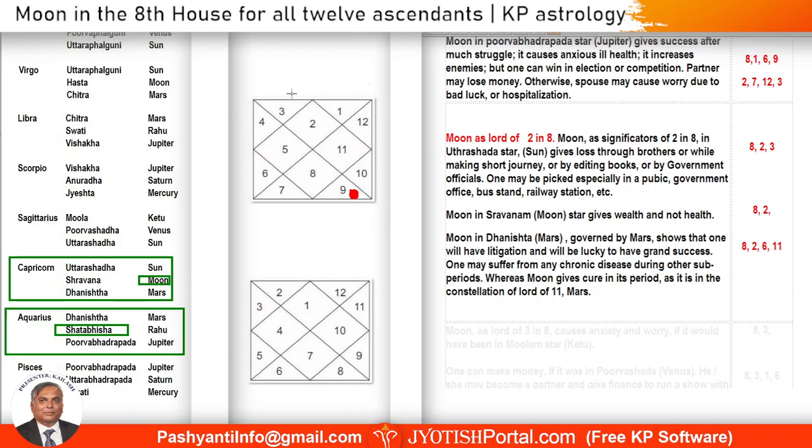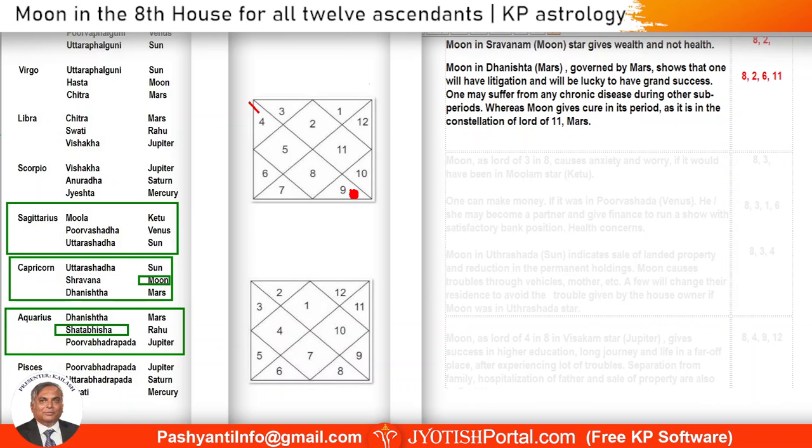Moon is in the eighth house, and Moon is the lord of the third house. Now, being in the eighth house where Sagittarius is, we have to look at what kind of stars are there within the Sagittarius, and then we find that it has these three different stars: Ketu, Venus, and